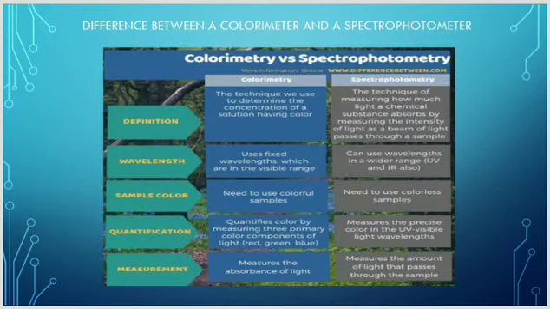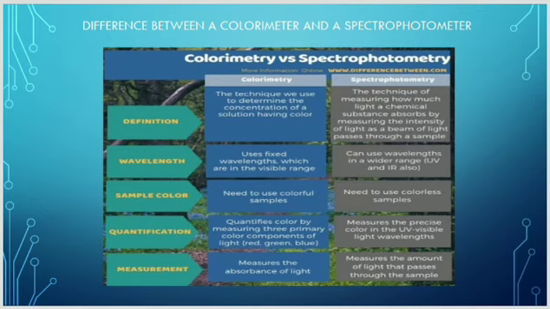Here are the differences between a calorimeter and the spectrophotometer. A calorimeter differs from the spectrophotometer in the following aspects. In calorimeter, a filter, that is color glass, is used for the separation of the wavelength, while in the spectrophotometer, a monochromator consisting of a prism and grating is used. Calorimeter is used in the visible range only, between 400 nanometer to 750 nanometer wavelength range. Spectrophotometer may be used in both the UV or visible range depending upon the model.